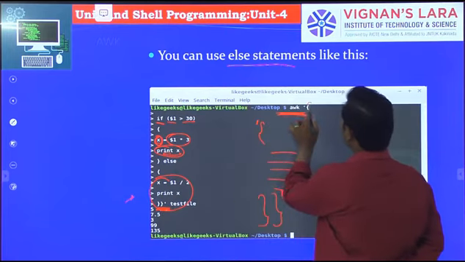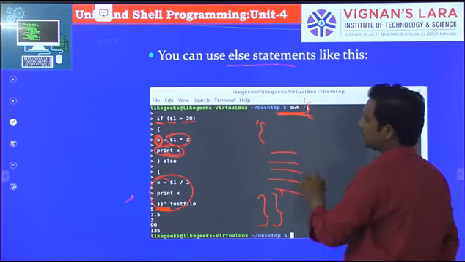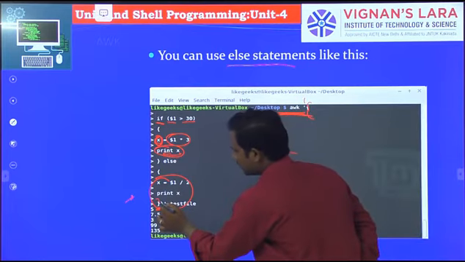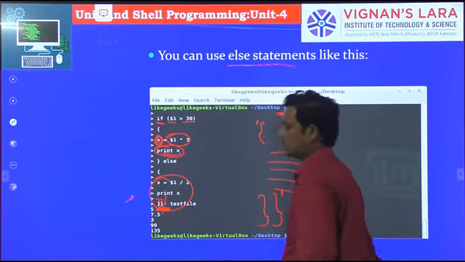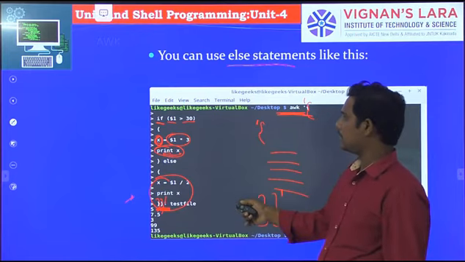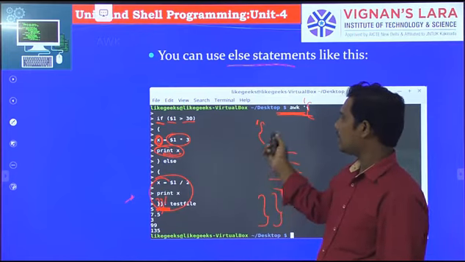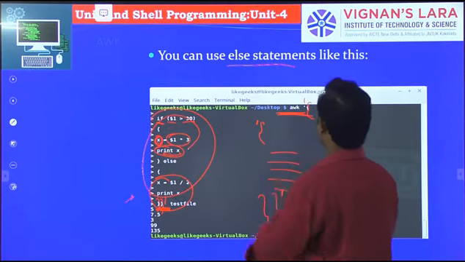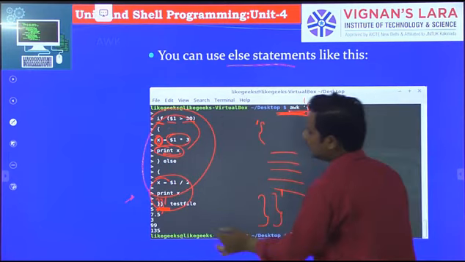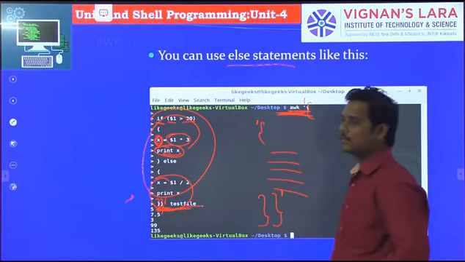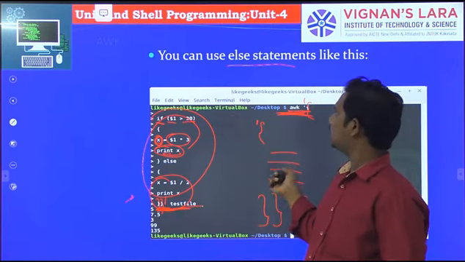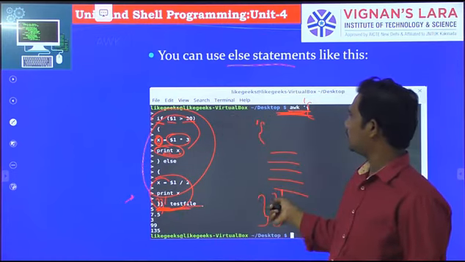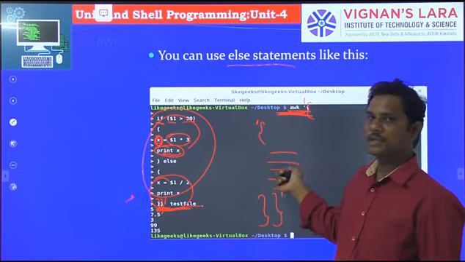So here open bracket, single quotation, here double brackets, single quotation. This statement is very important, otherwise it will not be executed. So this is the whole body of the statement. This is the starting of the statement, this is the ending of the statement. Okay, so you can see how the output is displayed. This is the simple screenshot.